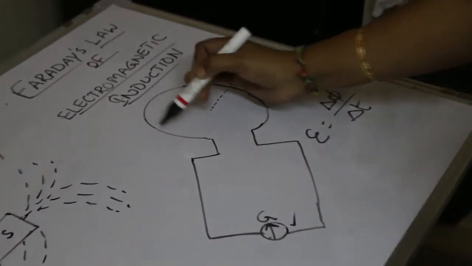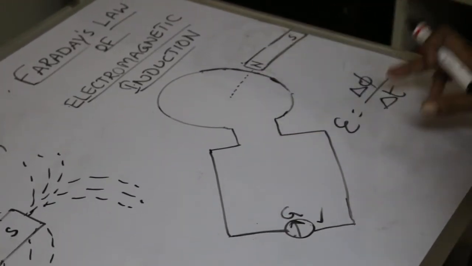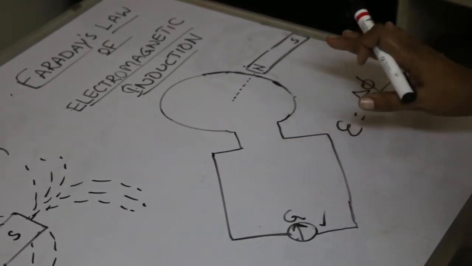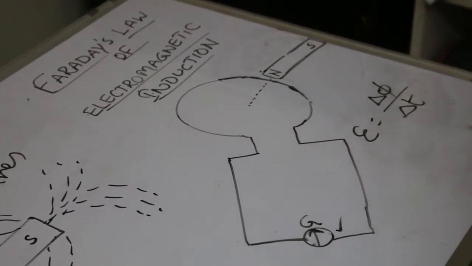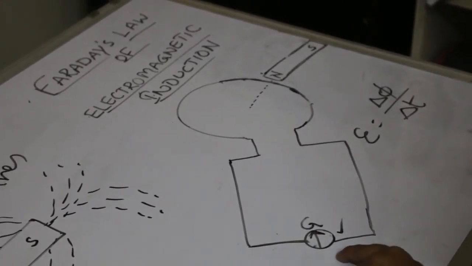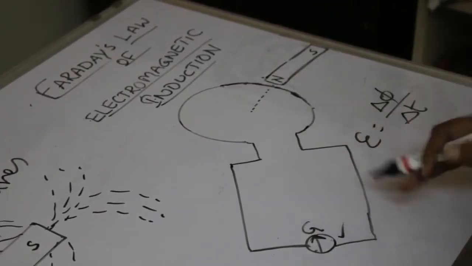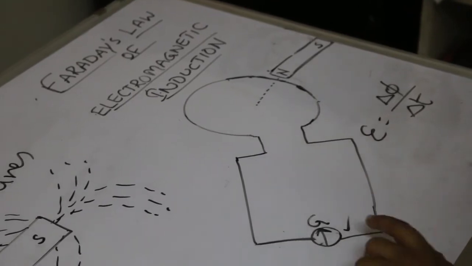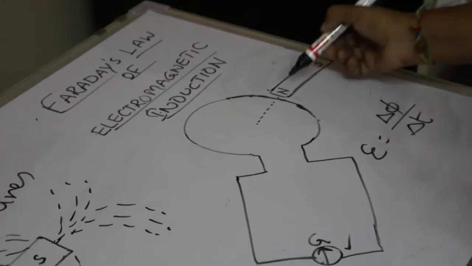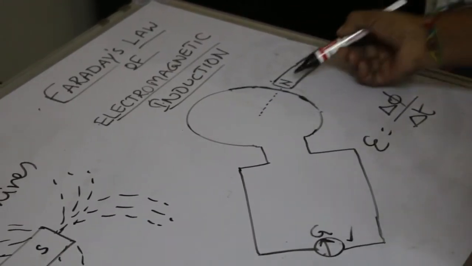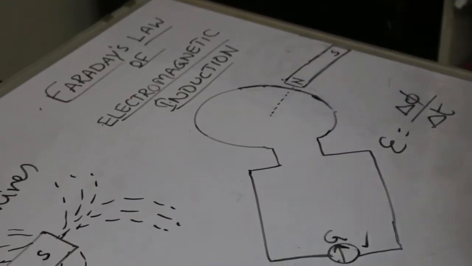Here we are having a coil connected to a galvanometer, and this is a closed coil, you can see, and there is no source of electricity. Just a galvanometer is connected to the coil. Here this galvanometer reads the current in the coil. If there is any current in the coil, it can read by showing the deflection. Normally it will be at 0. Now we are having a magnet and we are bringing that magnet towards the coil with its north pole facing.